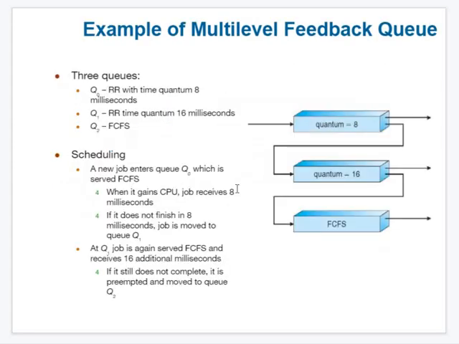What we can assume here is, if we load P1, P2, P3, P1 waits, then P2 finishes, so it will go out. P3 also finishes, so it will go out. Like that, processes that finish will go out. Some processes that are not yet completed may enter the next level. Again in the next level, if they finish, they will go out. If not finished, they are forwarded to the third job queue, or feedback queue. Finally, they have to get out after execution, based upon the time allocated for such processes.